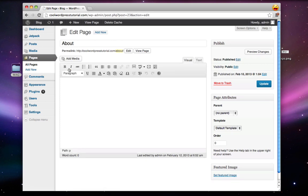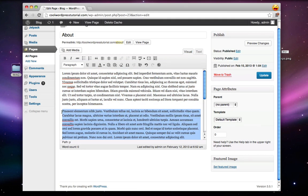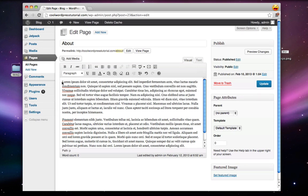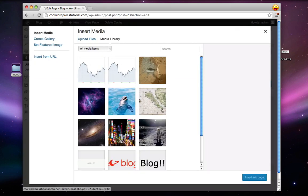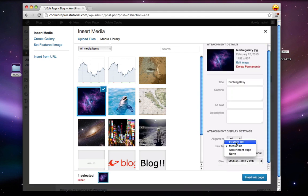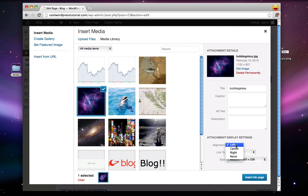And this is going to be a super simple page, but I just wanted to show you how you can align your images within your articles. So I'm just going to paste in my article, and I'm going to click right up here at the beginning of the first sentence, and I'll click add media. Now I can reuse any of the media that I've already added, so I'll just reuse this one, and I can change the link to none, and the size to medium works for me. And then under alignment, you want to choose